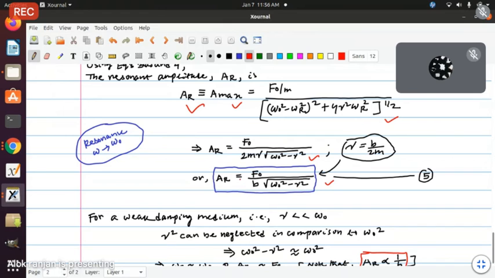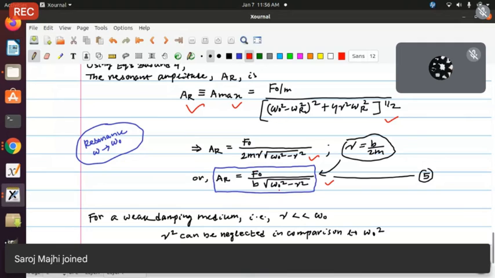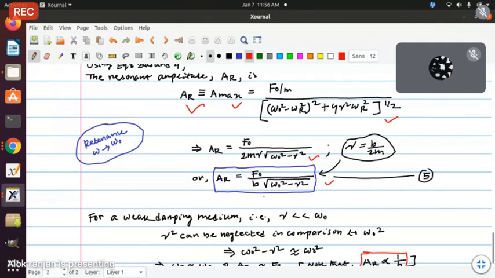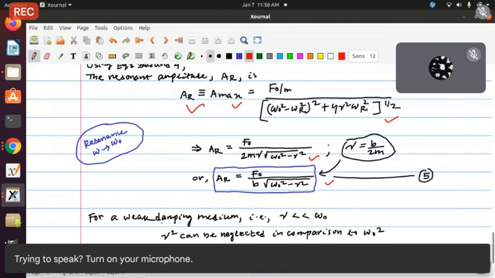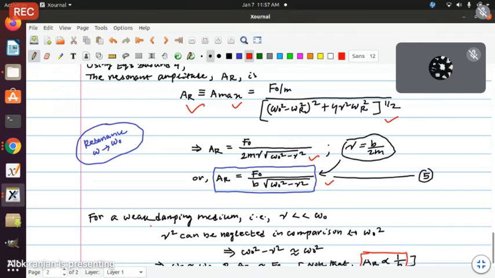Okay, so what physical things, or what does this actually represent? What is the physical significance? So in order to get the physical significance, we should look at weak damping or strong damping. So for weak damping medium, gamma is much less than omega naught,